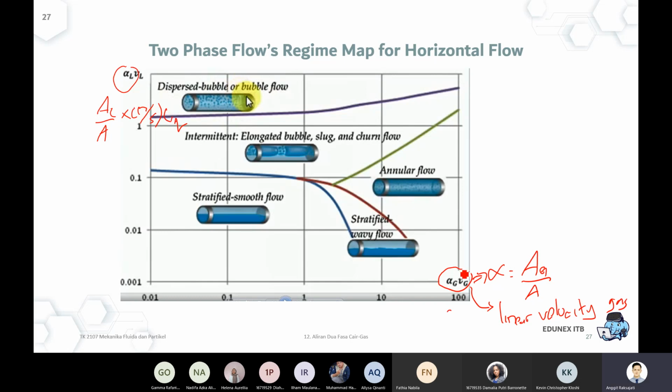So just carefully look at the unit. It could be expressed in flux, it could be expressed in linear velocity. There is no right or wrong way to do that. It's doable for any combination. Okay, any other questions?